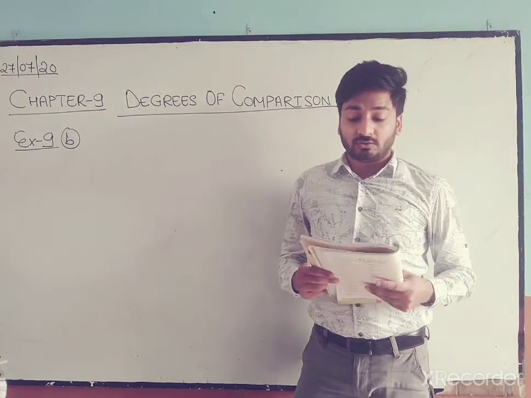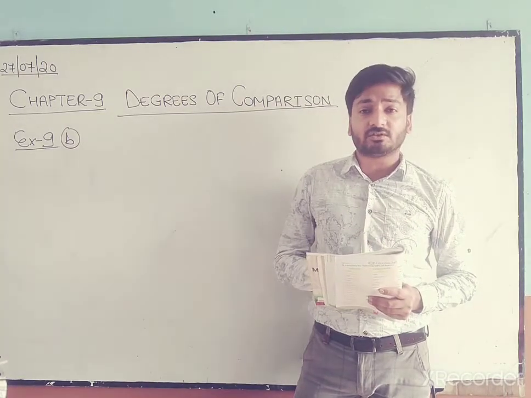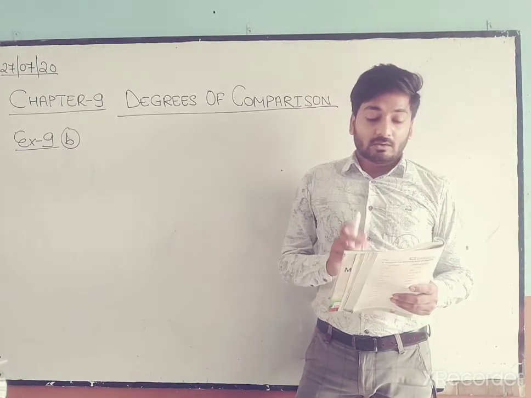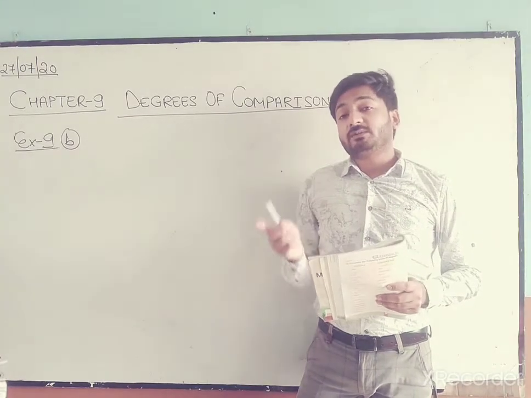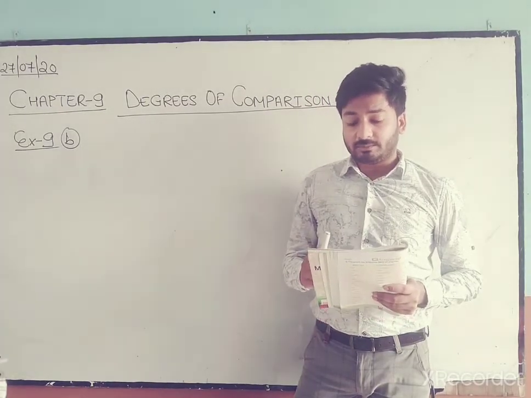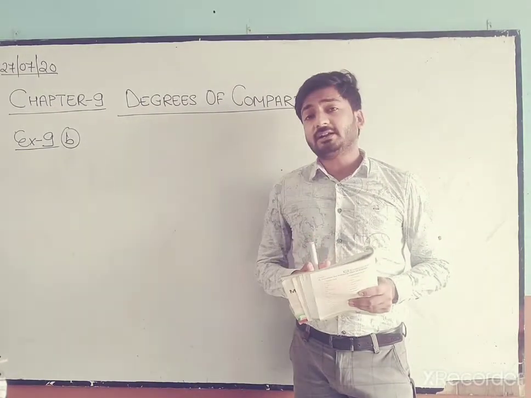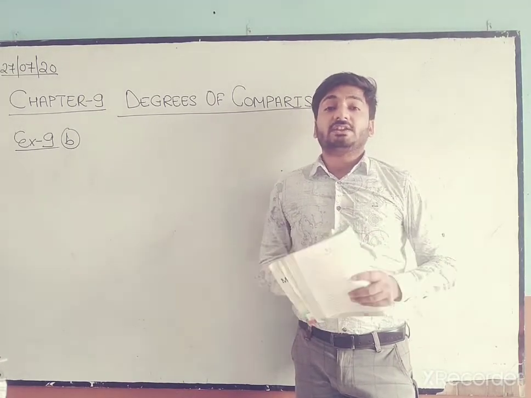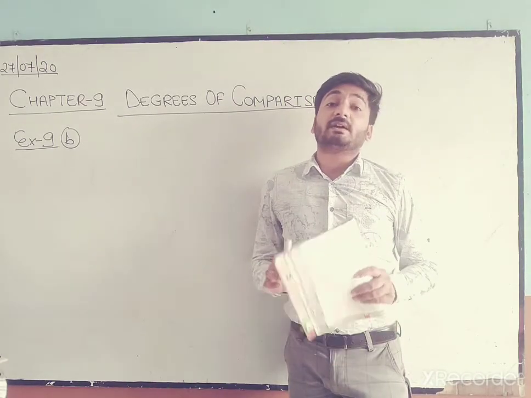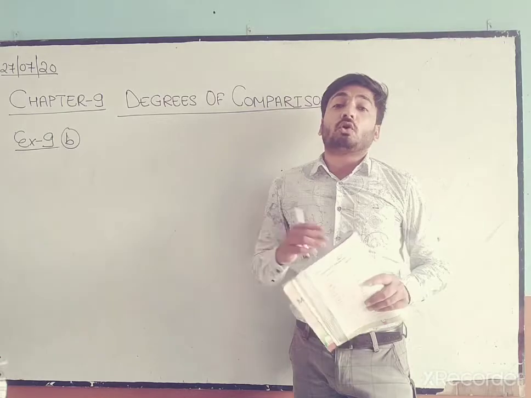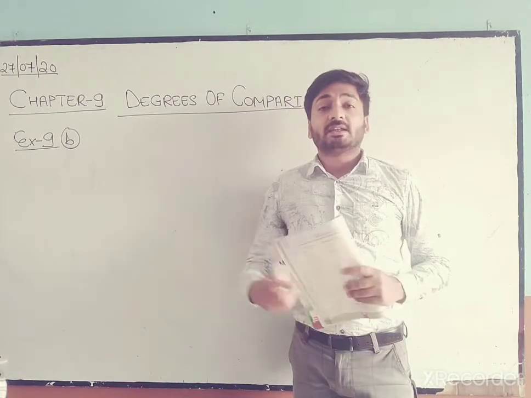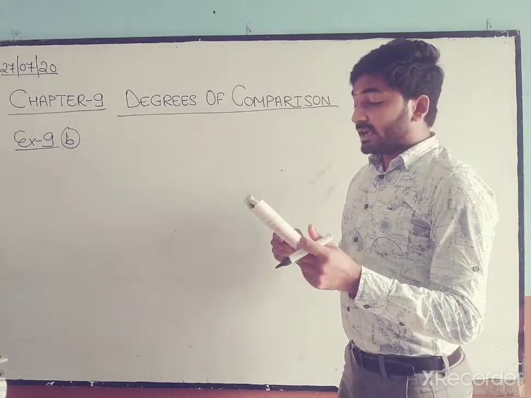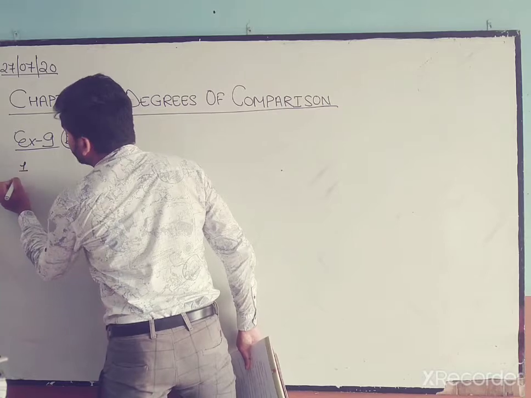As I have already taught you, we write the positive degree when the sentence is describing one person or thing. We write the comparative degree when two persons or things are compared with each other in a sentence. When we compare one thing with two or more, or with the whole group, then we write the superlative degree of the adjective. Yes. So let's start filling. I am going to write the answers only, and I will tell you why we are filling which one.